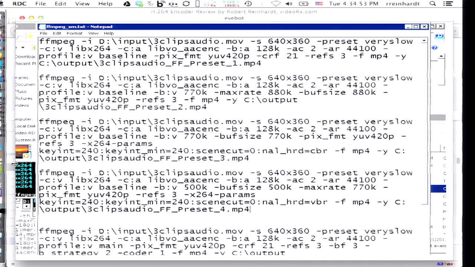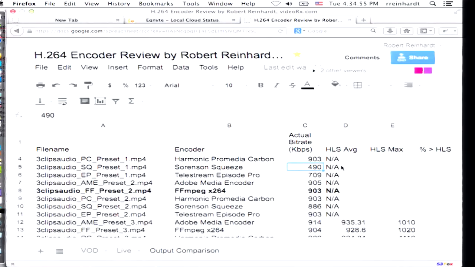And for the most part, just since I'm going so much on a deep dive on ffmpeg here, if you compare ffmpeg in any of my results to Squeeze, preset by preset, the values were very close, right? Squeeze was 886 kilobits and ffmpeg was 903. I mean, again, it's a little over 14 kilobits difference, but not a huge difference. You'll notice Episode Pro came out exactly the same as ffmpeg for that preset using H.264. So that's the good news. The good news is that the H.264